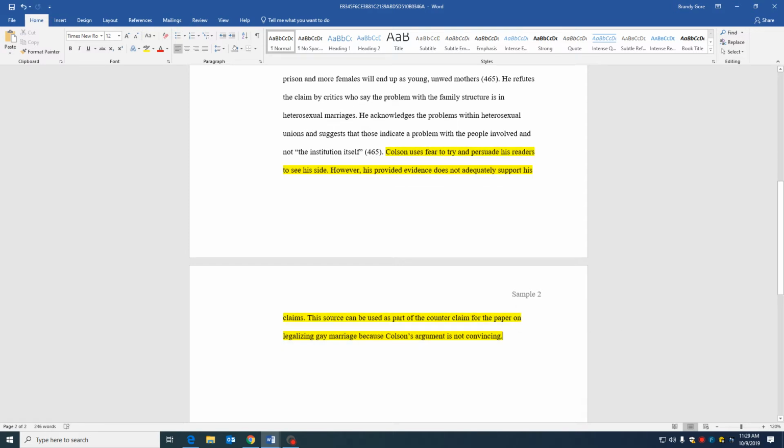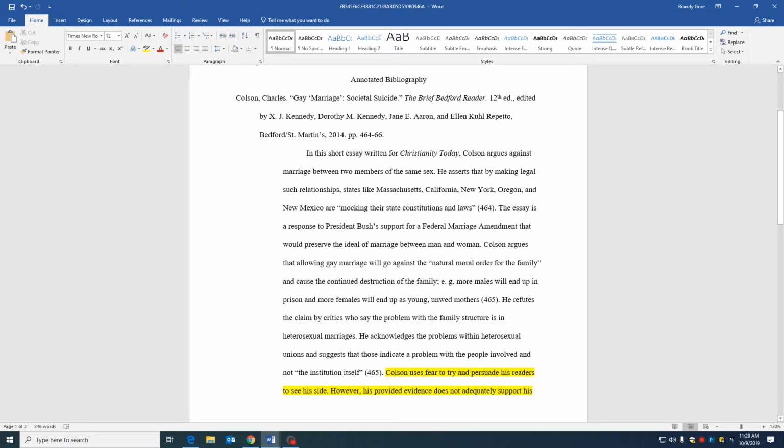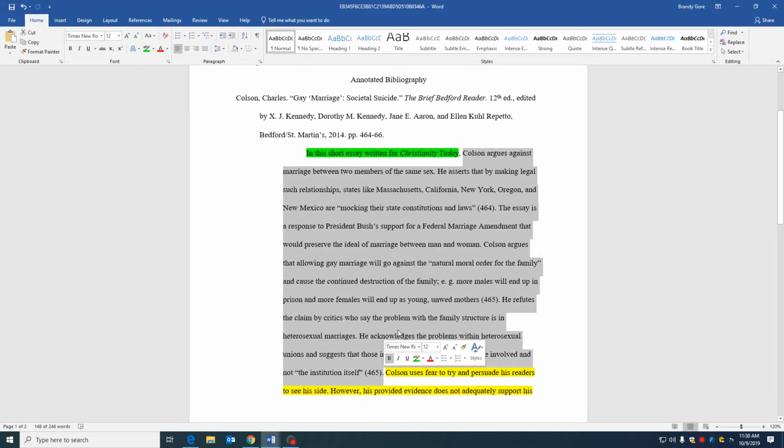Colson uses fear to try and persuade his readers to see his side. However, his provided evidence does not adequately support his claims. This source can be used as part of the counterclaim for the paper on legalizing gay marriage because Colson's argument is not convincing. So this is very much like what you did with the article analysis. However, the difference is that it's very scripted. You have three key components here. You have type of source, you have summary of source,